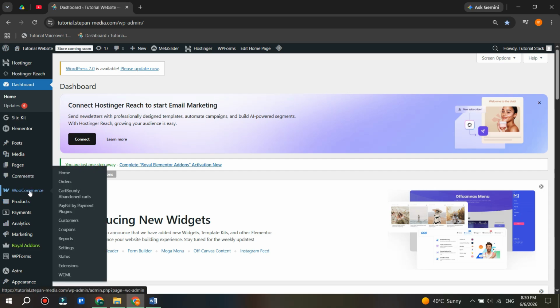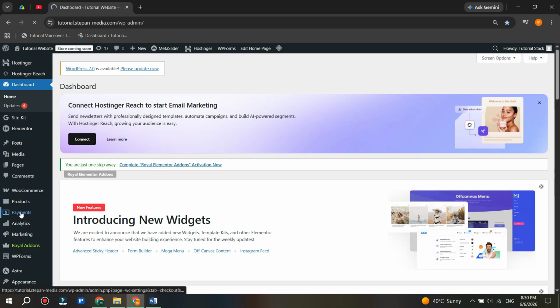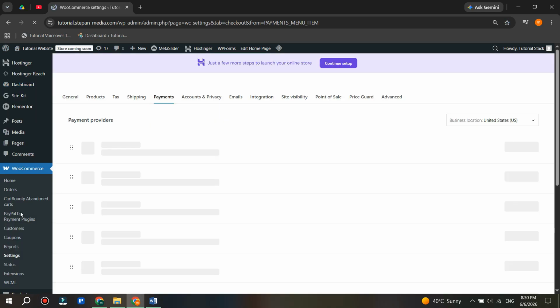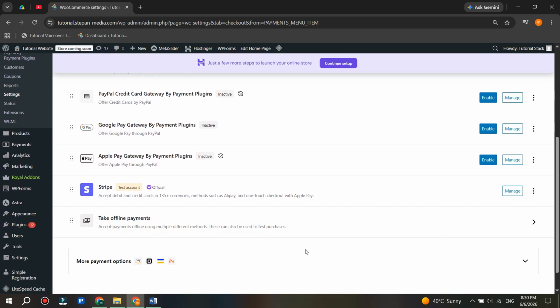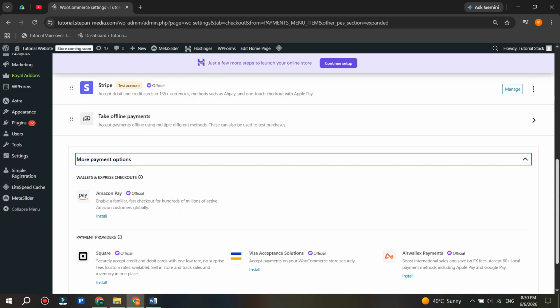From the dashboard, go to WooCommerce and then click Settings. Next, open the Payments tab, where you'll see the available payment options for your store. Here you can enable the payment methods you want to accept, such as credit cards, bank transfers, cash on delivery,